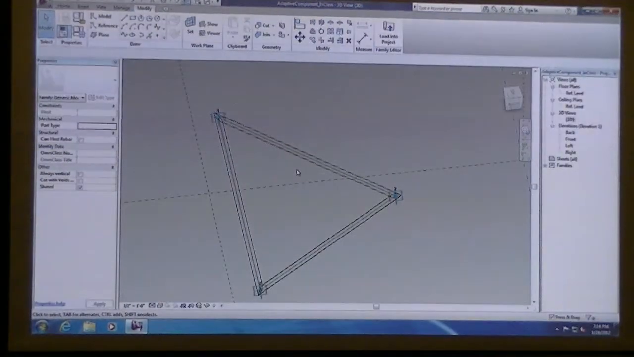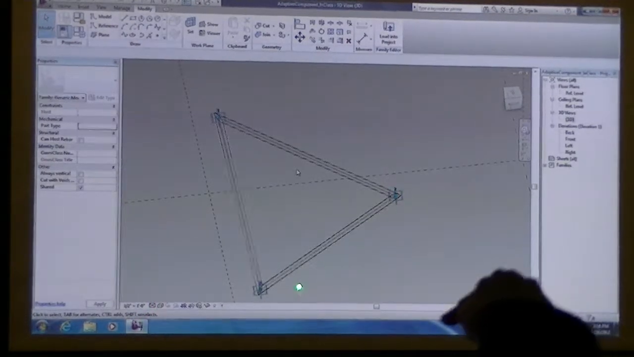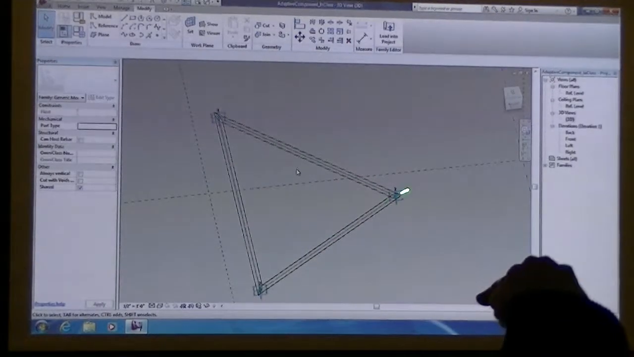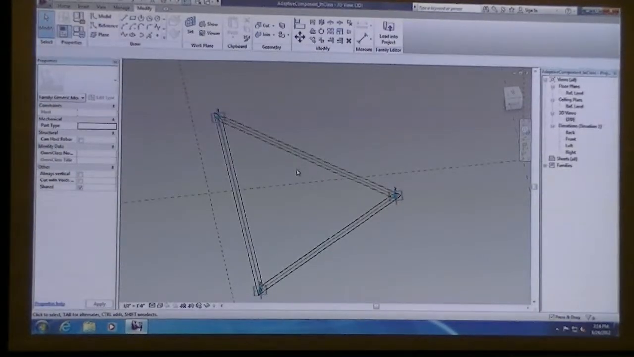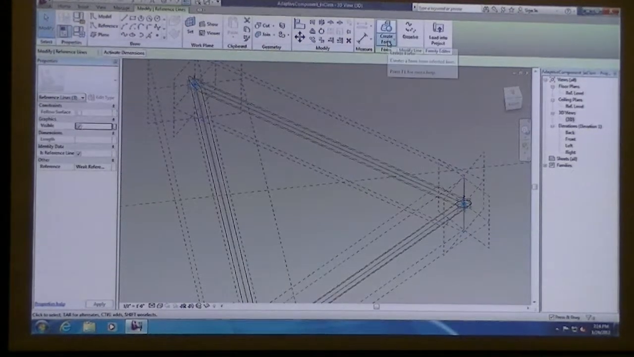Okay, everyone, go into your adaptive component and turn on the wireframe view. The reason I'm doing that is I want to be able to select the center reference planes that are associated with that rail. It should be a green line, and if you select it and then click on create form, solid form,